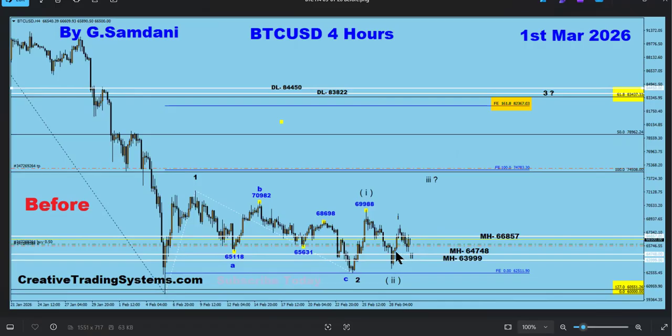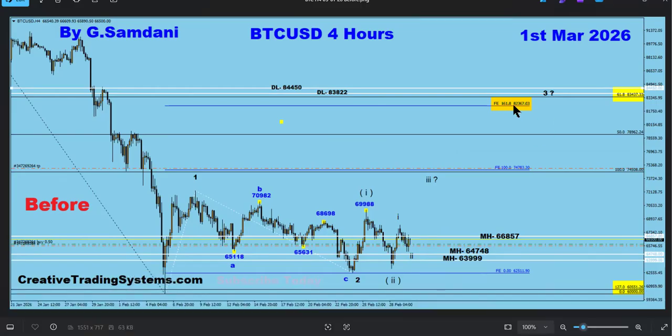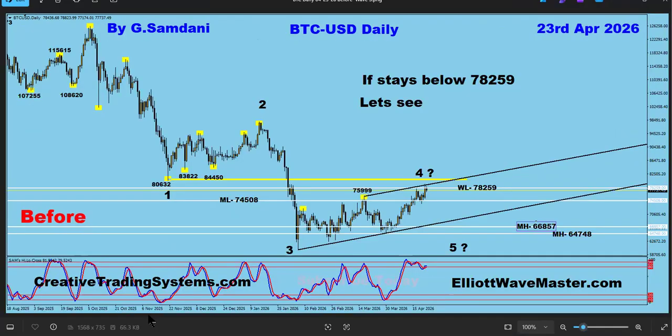Right? So if it is not an impulse wave, then it's not going to be wave 5. It's probably going to be wave 4. So I said, okay, let's count like this. And then I said, this thing is going to go to 82. We need to go to 82, right? So watch this chart. Yeah, we started to rise from here.